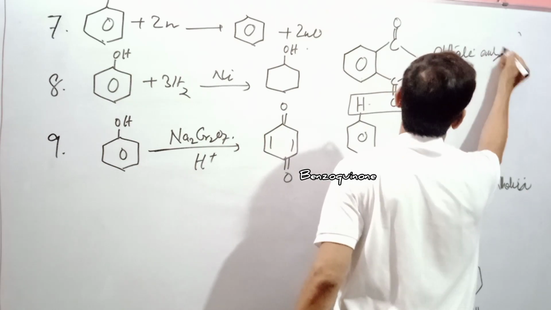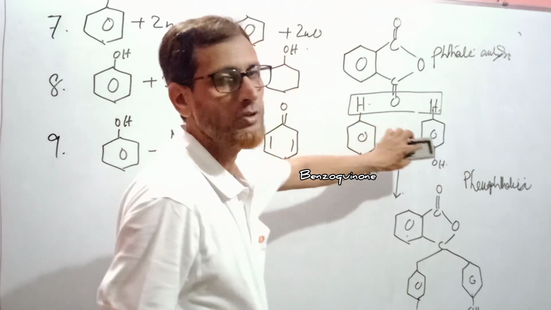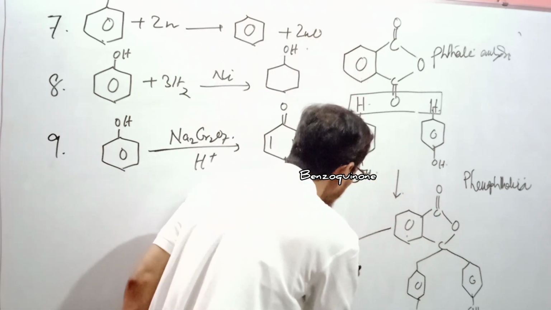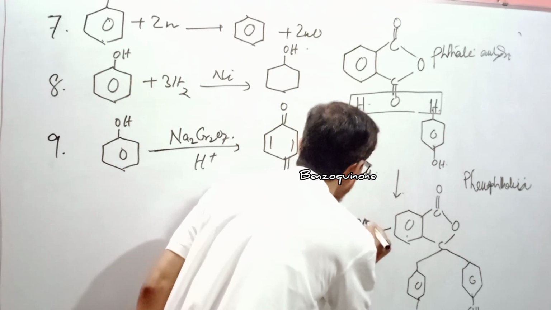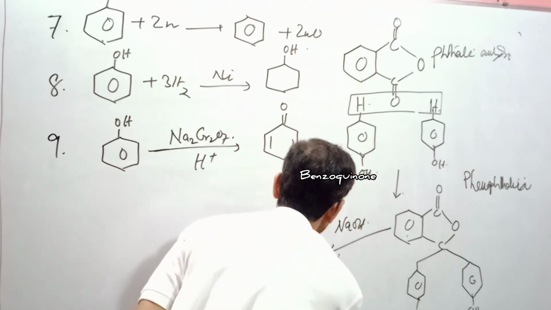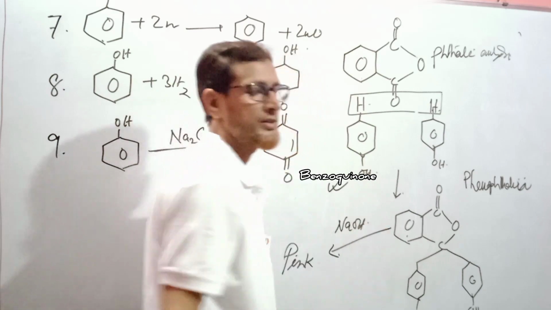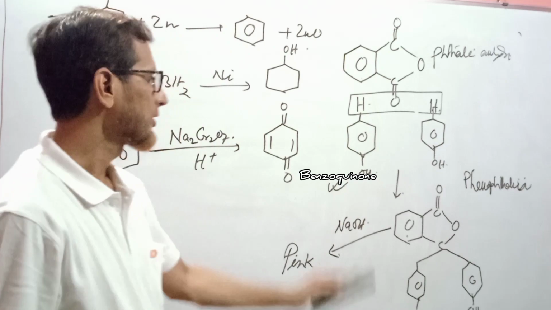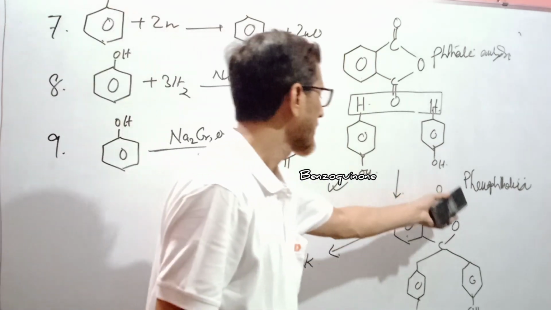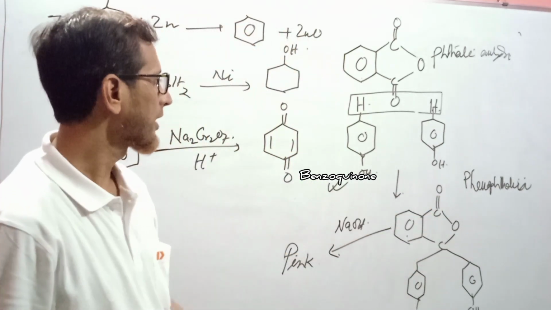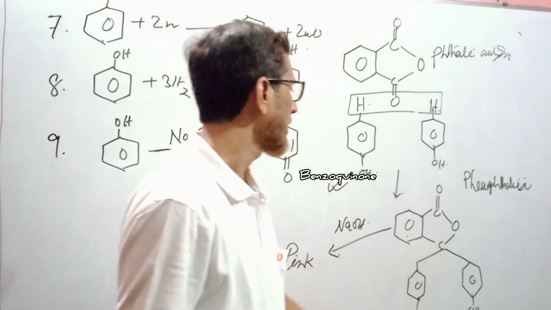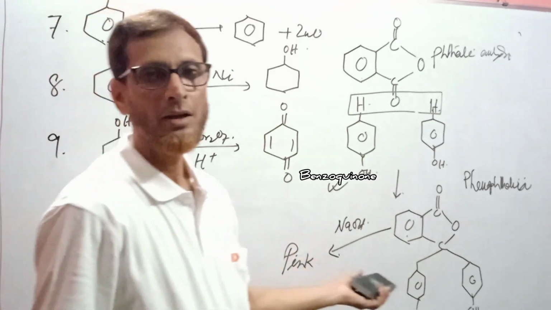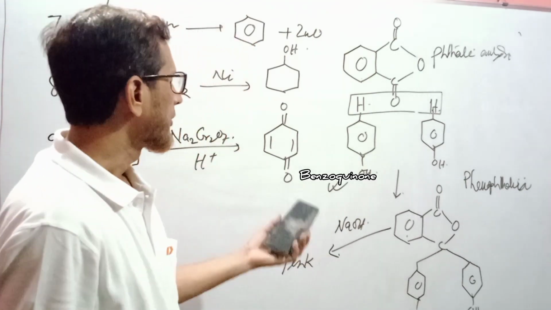Phthalic anhydride, when made to react with 2 moles of phenol, it gives phenolphthalein. And a very important compound, phenolphthalein, when made to react with sodium hydroxide, gives a pink colour. For entrance exams, this is a very important question. In the crime branch, the police very often use phenolphthalein in powder form. They mix the phenolphthalein powder over currency notes, and when a person takes a bribe, as soon as